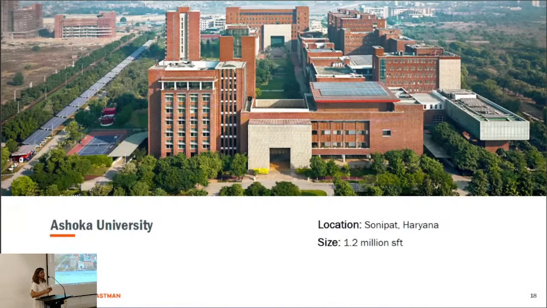Then we did another project, where the leadership of ISB Mohali decided to set up another university in India, and this is Ashoka University. This is a 25-acre campus, and it was one of the first liberal arts universities in India. Probably the reason why clients would come to an American firm was that our firm was very experienced in designing liberal arts campuses in the US, and they had similar aspirations of bringing that educational system to India,